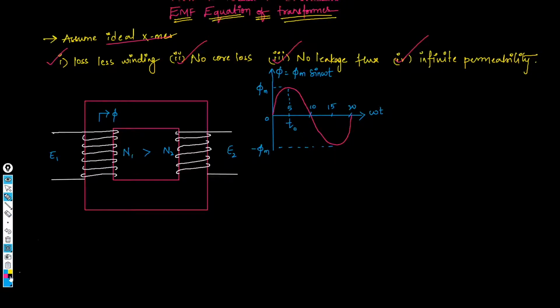Now I need to draw the current direction in it. The current direction should be such that it opposes the cause. This is according to Lenz's law. The flux which is causing the EMF induction is this one, which is in the upward direction. When you cross check with these N1 turns, it is in the upward direction. So your thumb should now be directed downward, such that it is in the opposite direction to this main flux. If you place your thumb like this, then your curl will represent this way, so that will be your current direction.